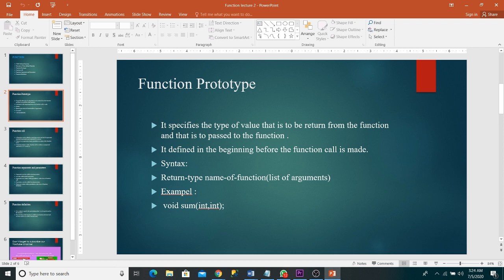The syntax of function prototyping is the return type, name of the function, and list of parameters. For example, void sum.